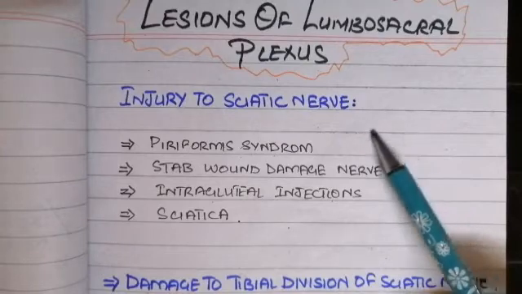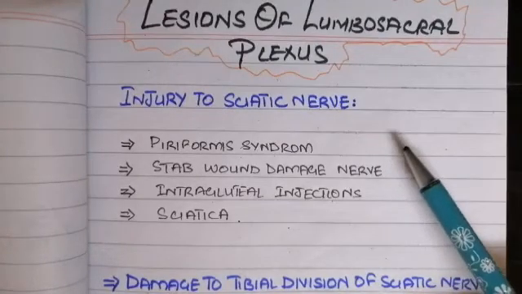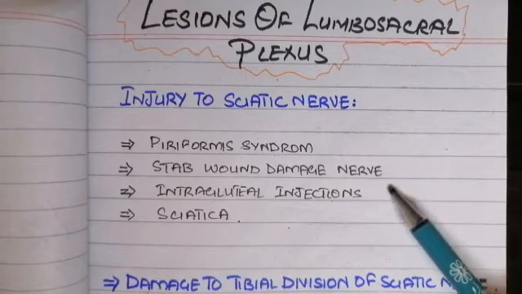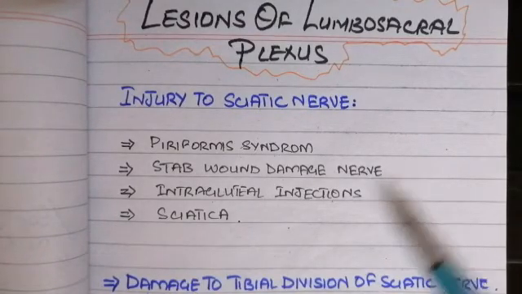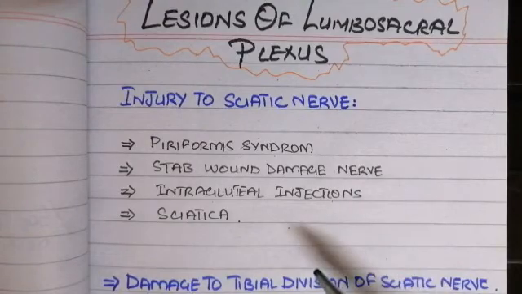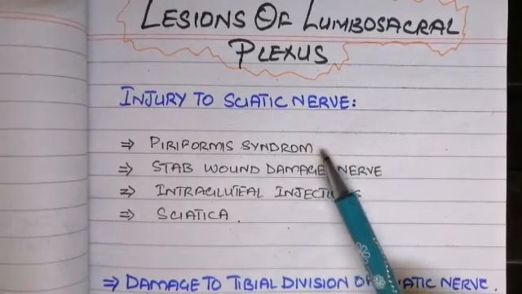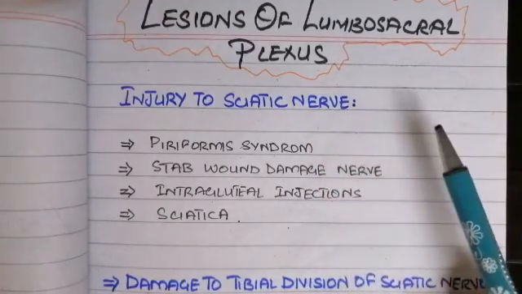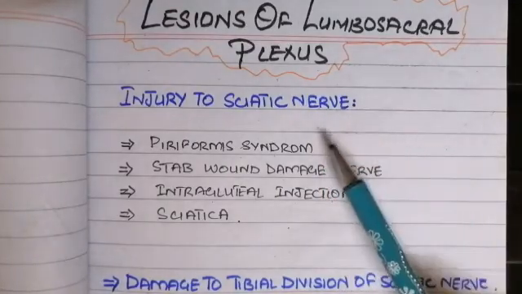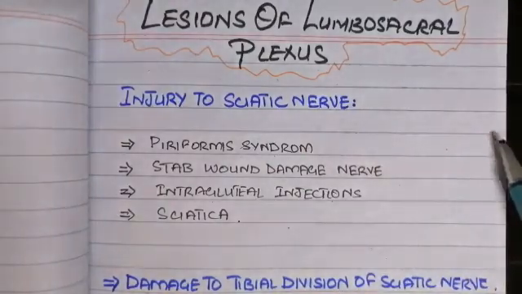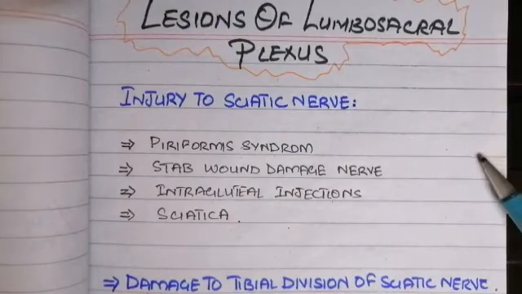Then after supplying the cutaneous innervation to the gluteal muscles, it goes below, and at the level of the popliteal fossa in the leg, it divides into two nerves, the common fibular nerve and the tibial nerve. Both of these nerves are branches of the sciatic nerve, which is the largest nerve, with a diameter of about 2 cm. And this sciatic nerve is also very vulnerable to injury. So what happens when there is any injury along the passage of the sciatic nerve?